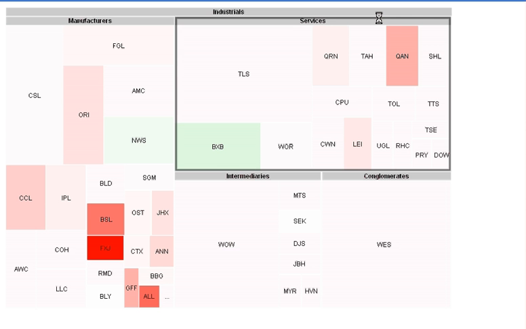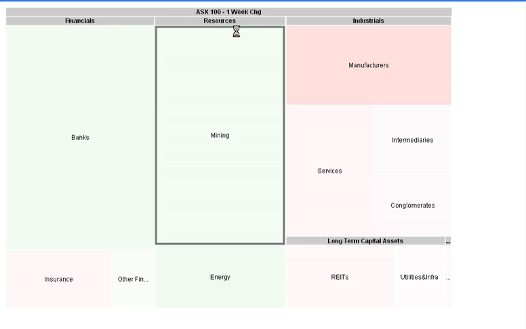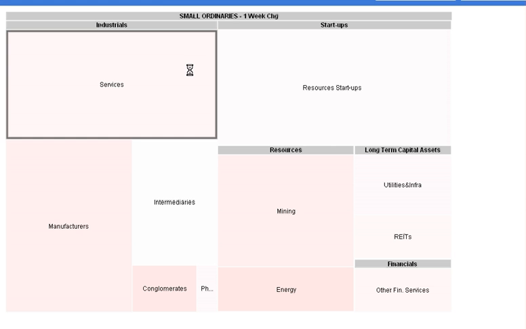But the most interesting story is within the industrials, where we are starting to see these currency-related downgrades that we've been talking about. So Aristocrat, a big exporter, BlueScope, Orica affected by global prices, and Ansell as well. So I think what we're seeing there is that this is just the start of it, and then we'll see further downgrades within that area of the market.